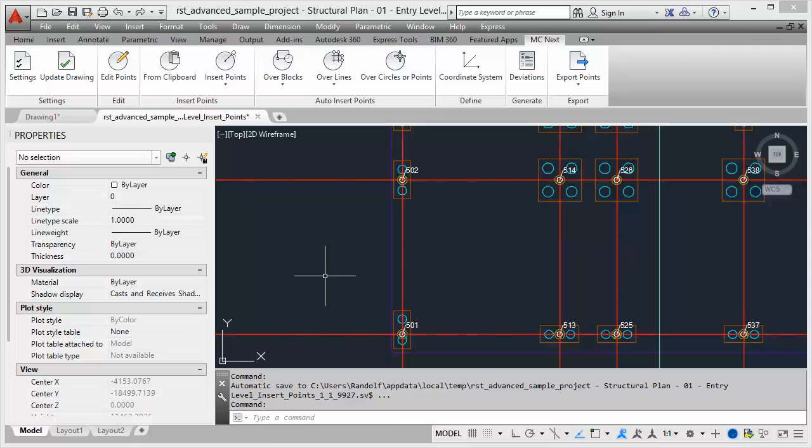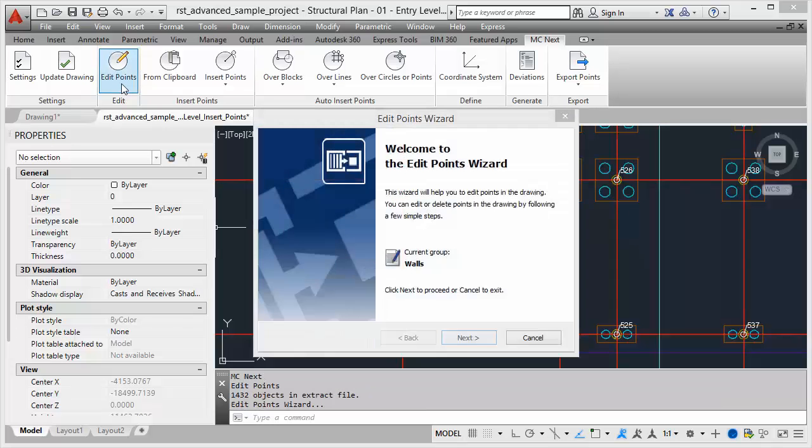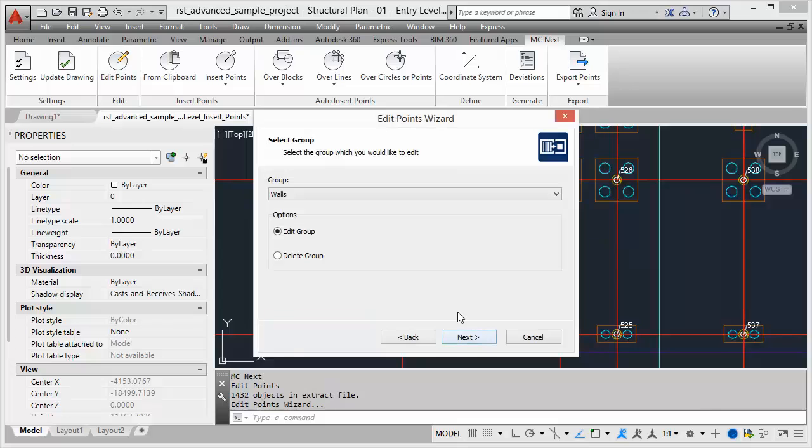Now that we have added some point groups, let's take a look at how to make some changes. To do so, we choose edit points, and you can delete or edit a group. For now, let's edit the columns group,